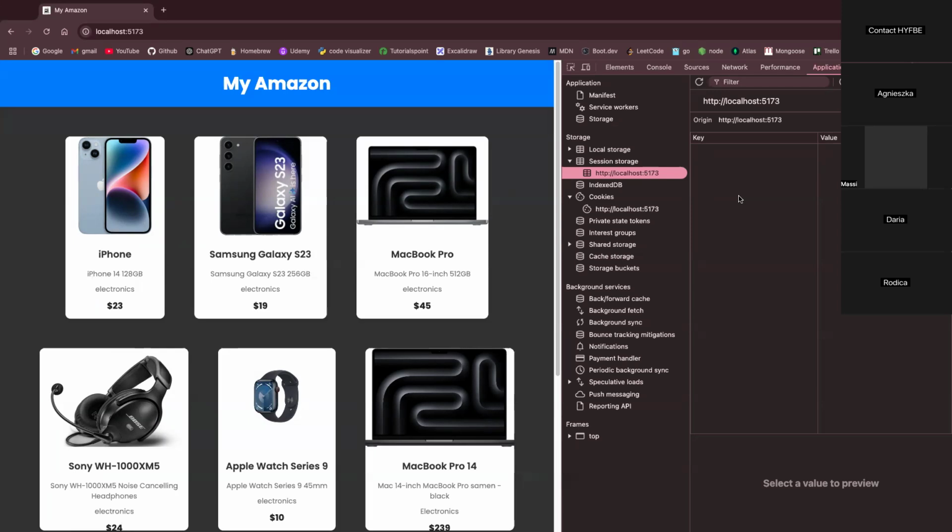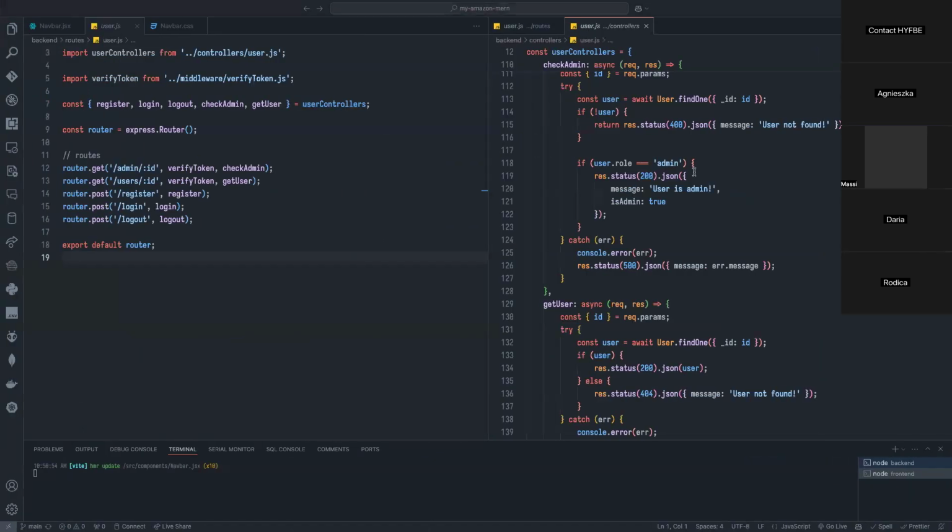With a role. Again? With the role. But I don't have the role. How can I grab the role? I don't have the role in the front end. I cannot know what the role is. Why? Because let's go back to